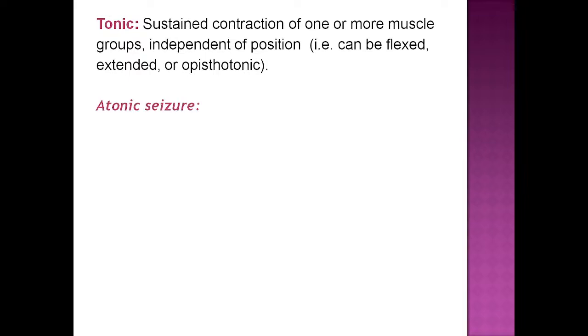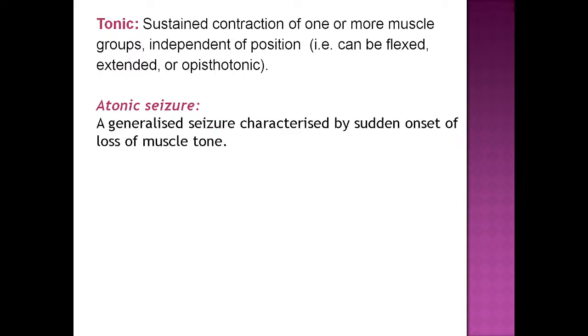Then the next thing is atonic. What will happen in atonic? What do you think will happen in atonic seizures? Sudden loss of tone. There is no tone. Right now, as you are sitting here, which muscles are helping you stay upright? Mainly your back muscles, isn't it? Do you think there is tone in those muscles? If there was no tone in your muscles, what would happen? You would fall down. So in atonic seizures, the person loses the tone in their skeletal muscles suddenly, and because of that they may have a sudden fall. Then you have clonic.